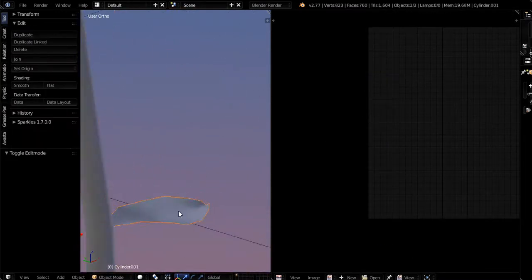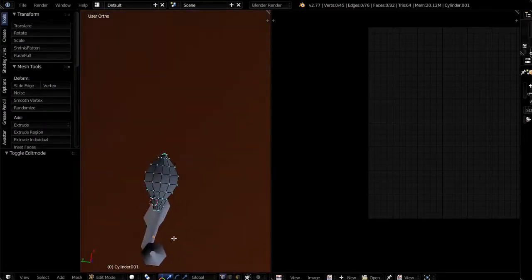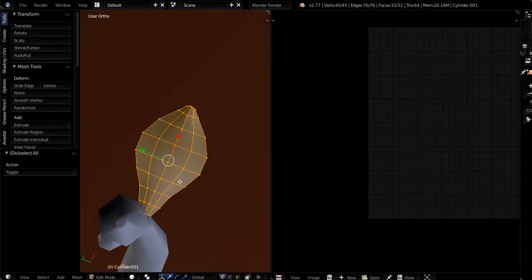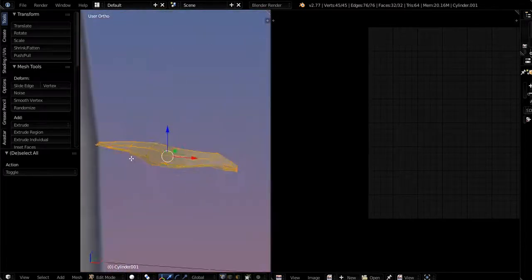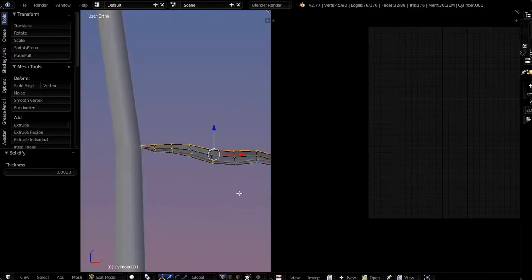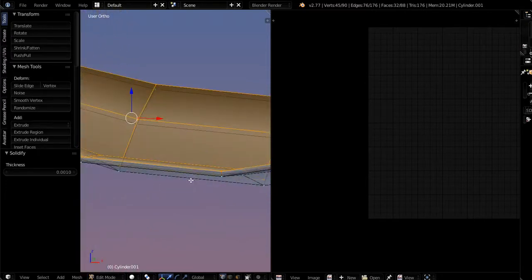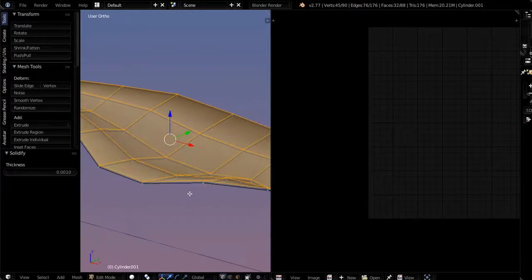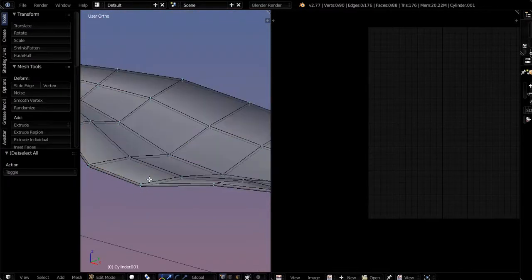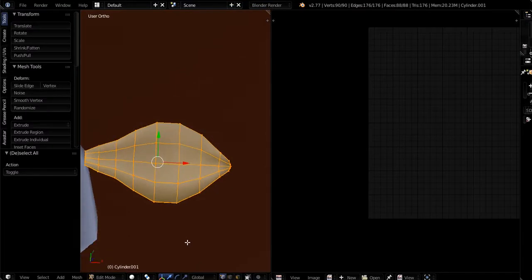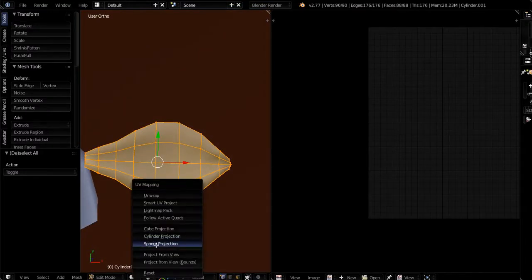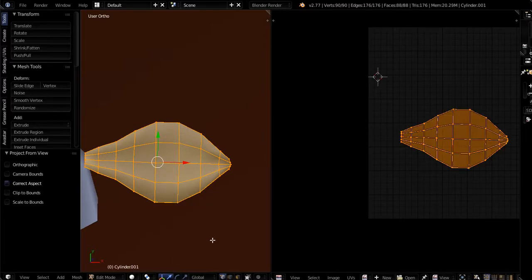Let's go to the leaf real quick. Now, I could just go in here and do select all and unwrap it, but I don't have the bottom on it yet. So let's go to solidify. Again, I press the space bar, and because I made the thickness 0.001 the first time, it remained that way using it again. Now if I select all of this and I use, let's say, U and project from view like I did on the dirt in the bottom of the pottery,